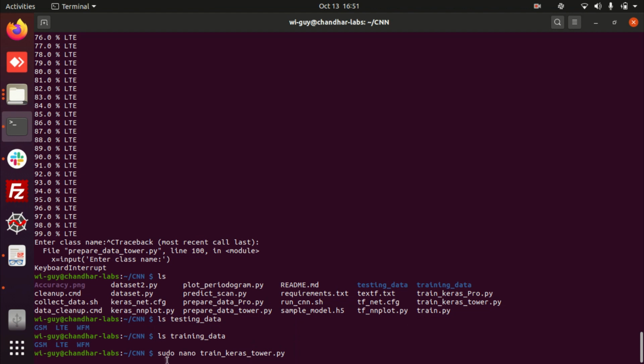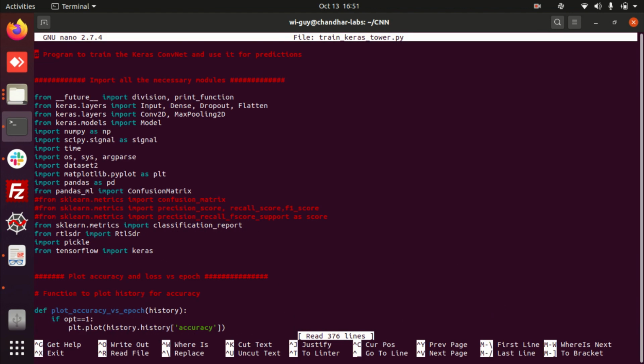I have entered the command sudo nano train_Keras_tower.py. This Python program has been written to train the Keras convolution network and apply the model for predictions.